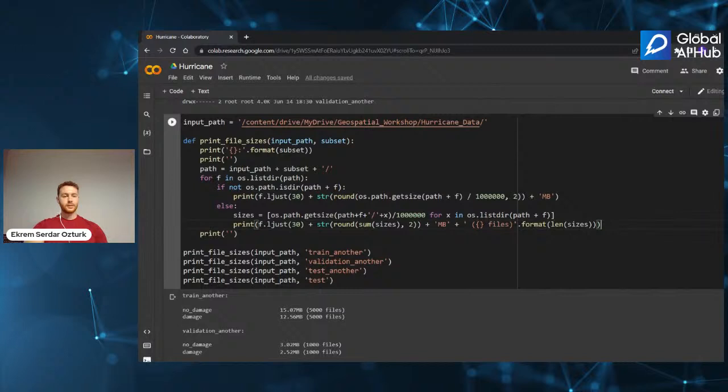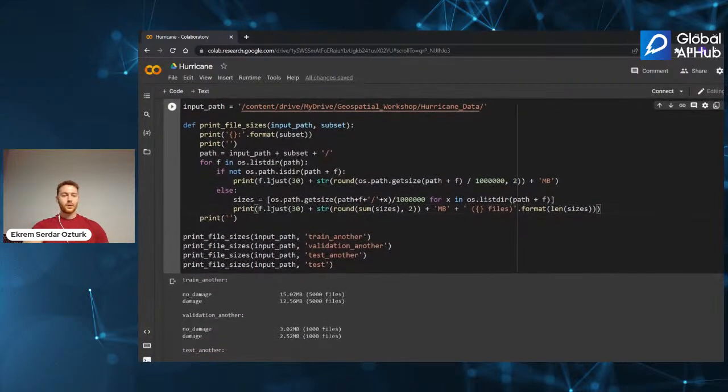I created a variable called input path. If you write your own path to the data set here, this whole code will work the same. It's just for efficiency. We created a function called print file sizes, and we give it two parameters.